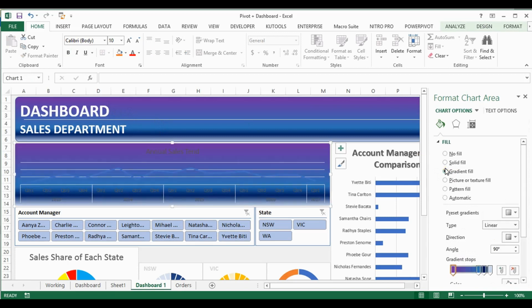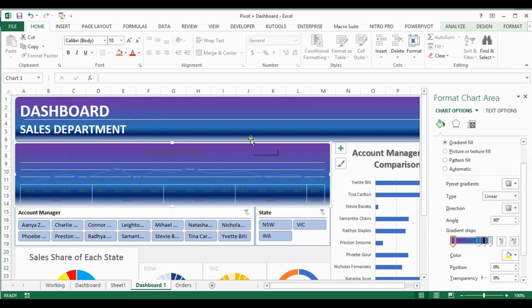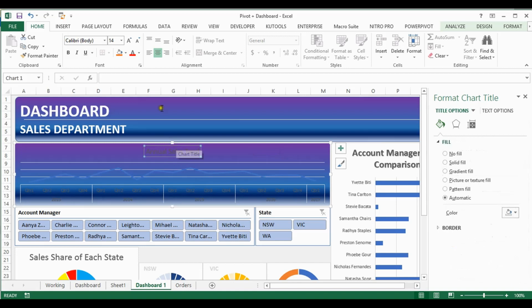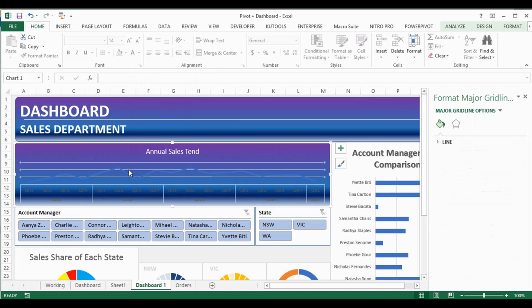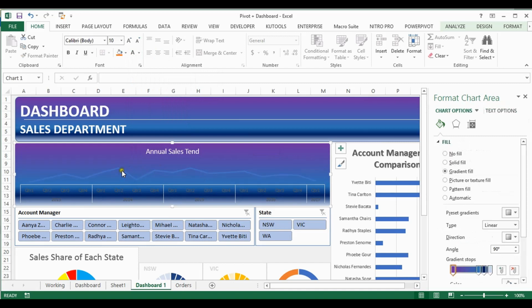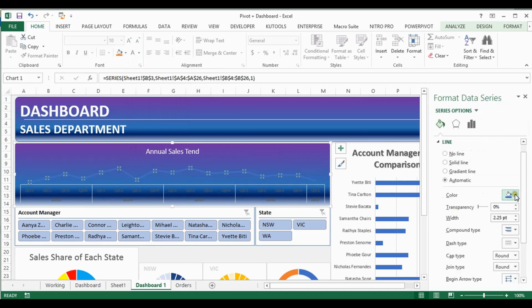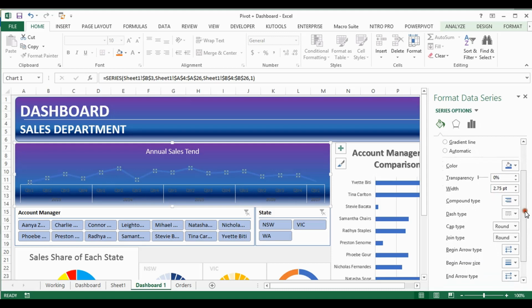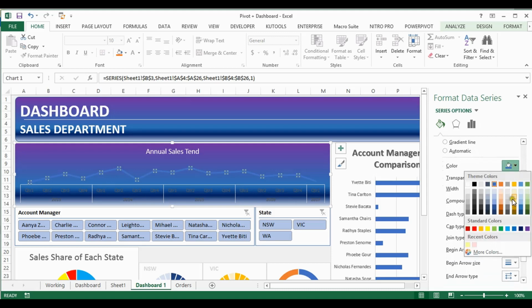Now we can go to the next chart, the annual sales trend line chart, and also need to fill the gradient color here and adjust the font colors to white and gray. The line color will be selected to gray